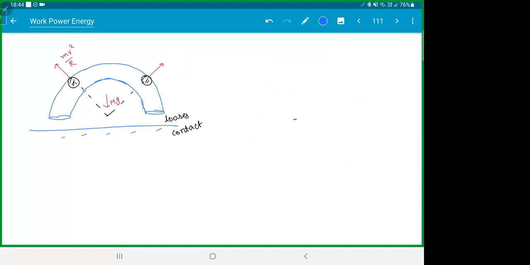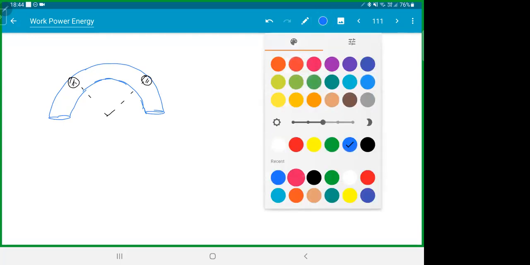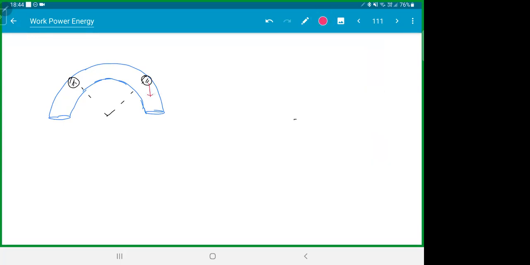So let's draw the FBD when it is just losing contact here. So this is the instant when it is losing the contact. If you write the forces, we have small mg, right? And